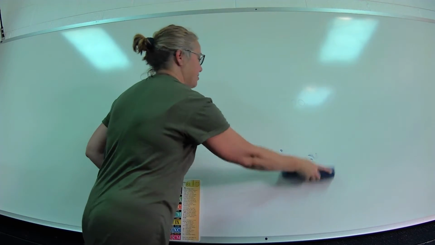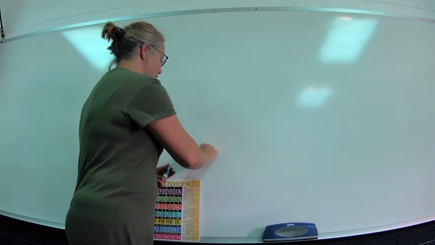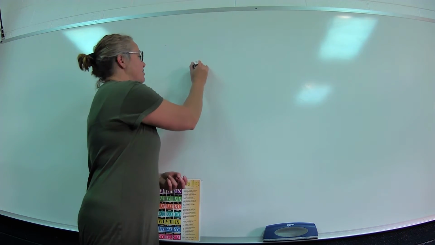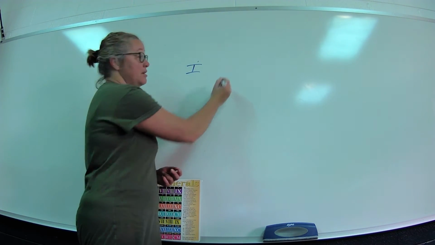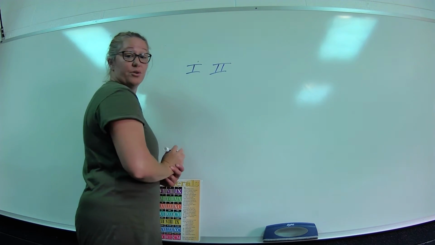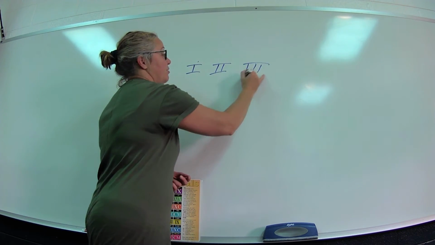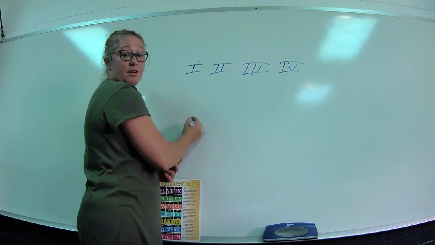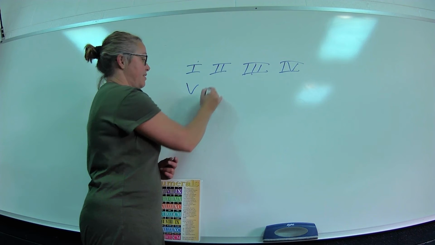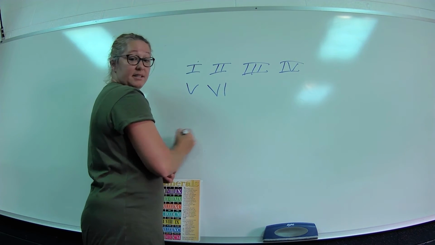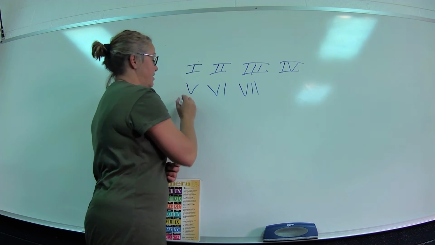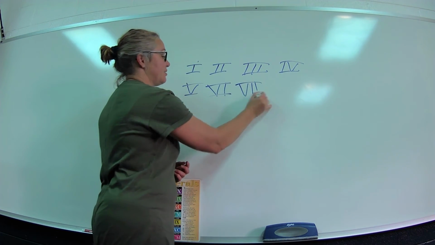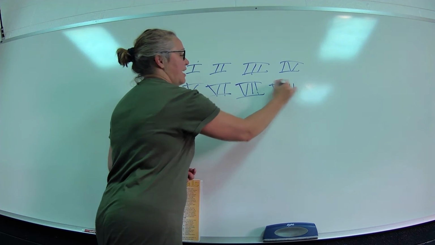So let's write out 1 through 10 using Roman numerals. Get your pencils, get your paper, and let's follow along. So we have 1, 2, 3, 4, 5, 6, 7. You can put it under that if you want to. Sometimes I do, sometimes I don't. But all right, so 7, 8,